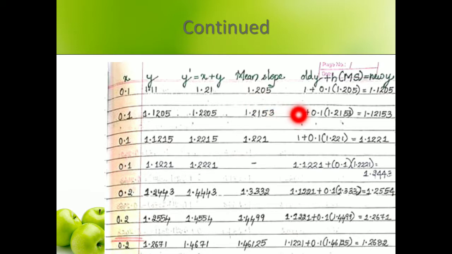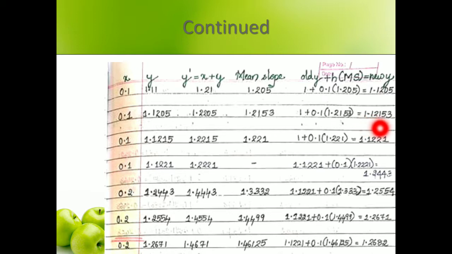Then the new y value will be equal to 1.1215. Next, carry 1.1215 to the next iteration, that is 0.1. Find out y dash, find out the mean slope, find out the new y value. Now you can see your